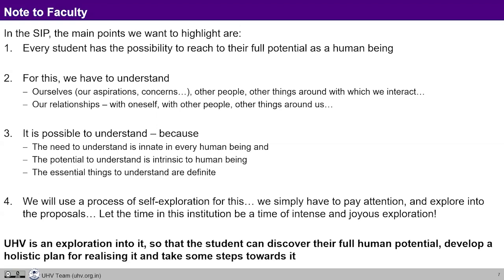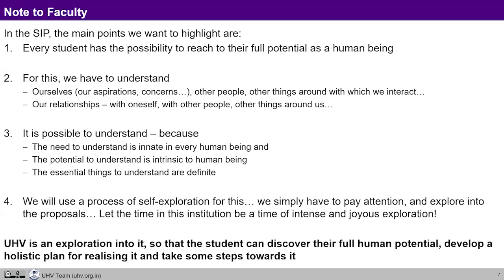So a common note to the faculty here is that every student has the possibility to reach their potential as a human being. This is something that we need to understand ourselves and also share with the students. We'll see that when the student comes to the college, they have different ranks, they have different backgrounds. Some may be over-evaluating themselves, some may be under-evaluating themselves, some may be overconfident, some may be diffident. So things like this would be there, but with the clarity of the potential, we can try to help the students know about their potential.